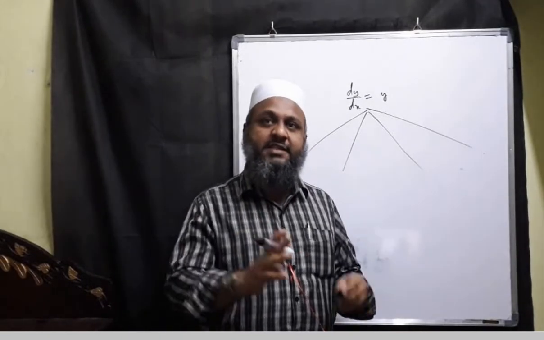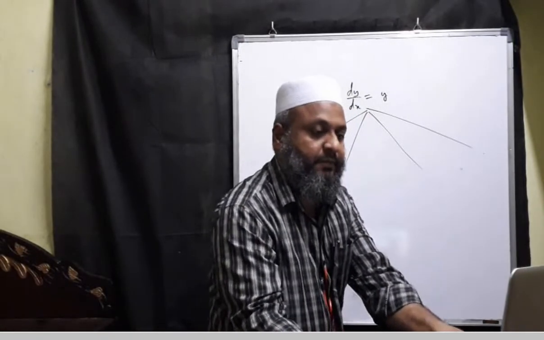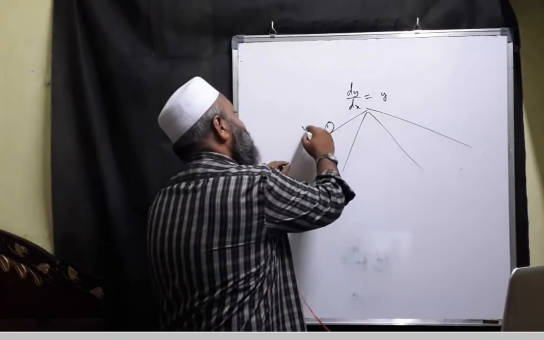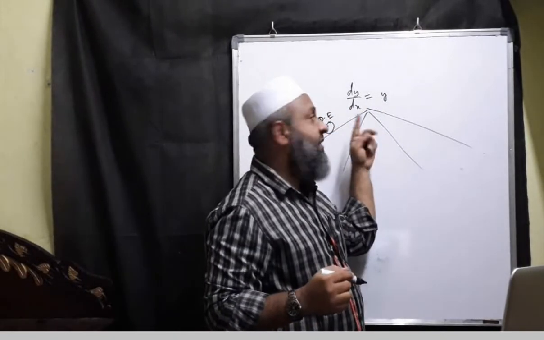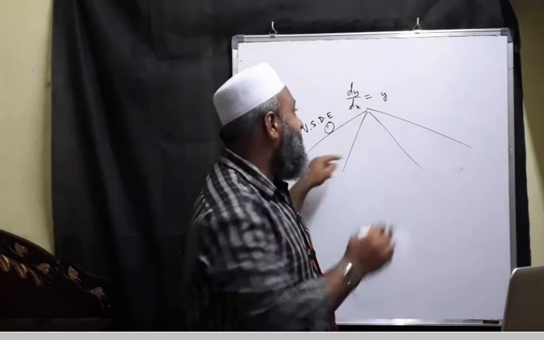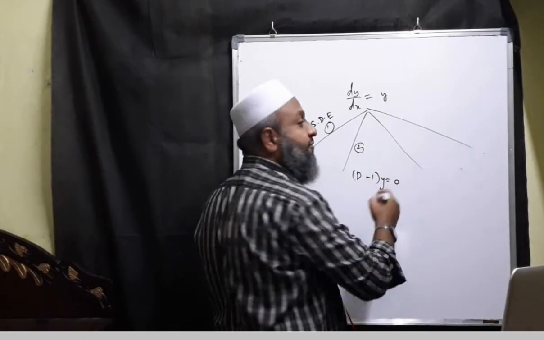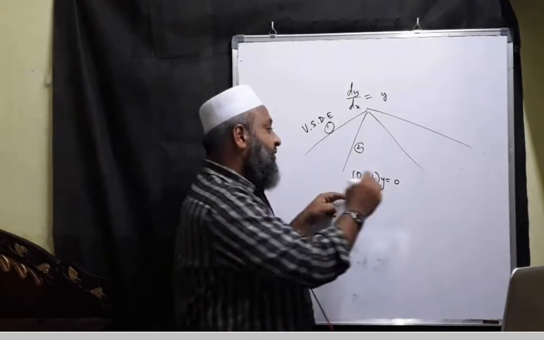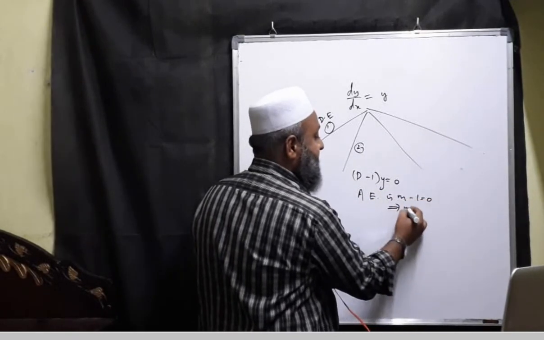Suppose you are unable to answer by inspection, there is a systematic procedure. You know about procedure number 1. It's just a simple variable separable differential equation. What you do: dy by y is equal to dx. I'm not going into detail of that. You know another method. You can write it in operator form: D minus 1 of y equal to 0. It's a homogeneous linear differential equation with constant coefficients. So the auxiliary equation is m minus 1 equal to 0, which implies m is equal to 1.